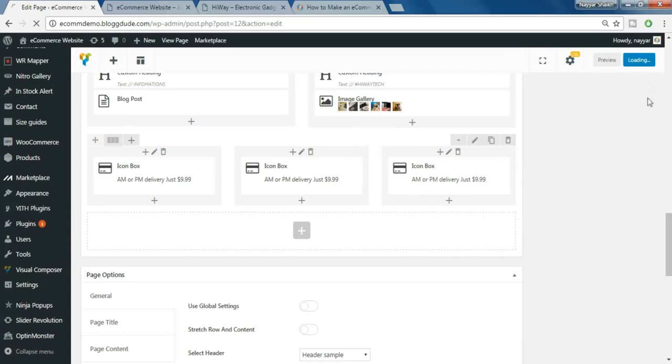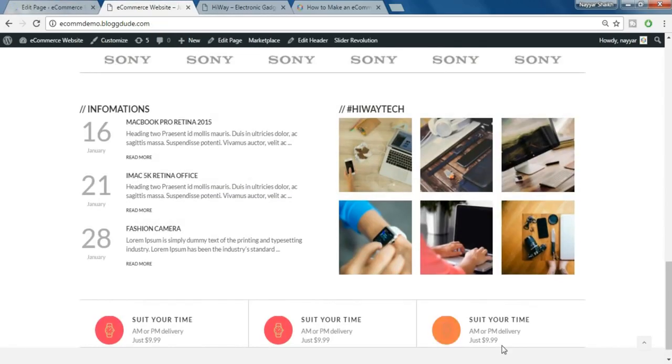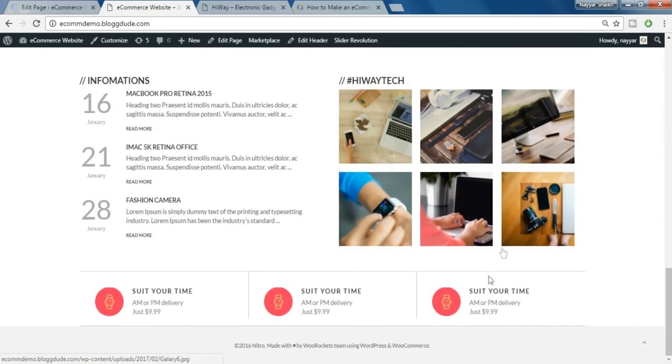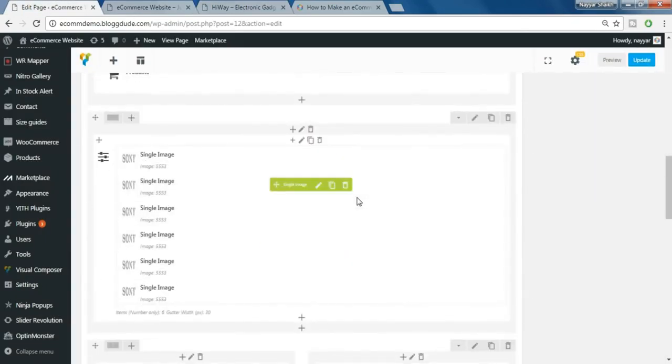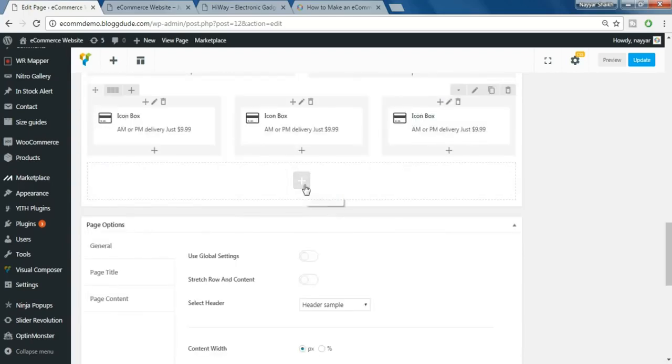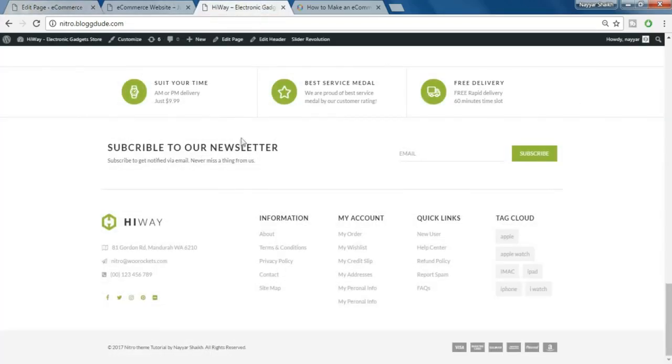Now let's update and hopefully everything should be fine now. Okay, it is looking much better. I think we need more gap, so instead of 5 you can increase that to 25 or 30. That would look better. Now let's add this newsletter section. So again, come back to the page, click on plus button,